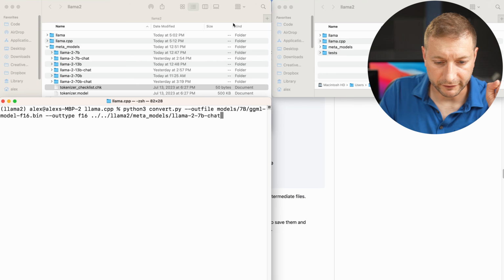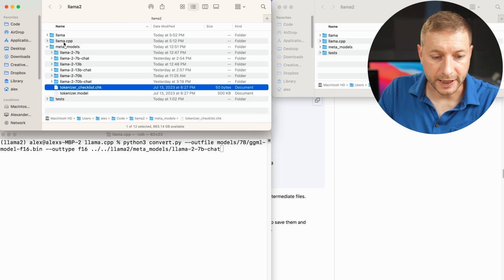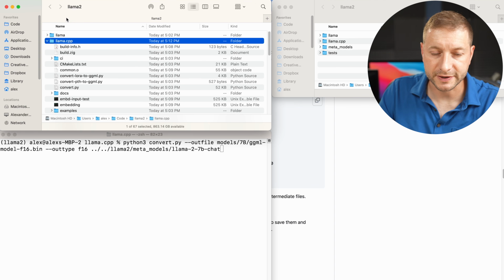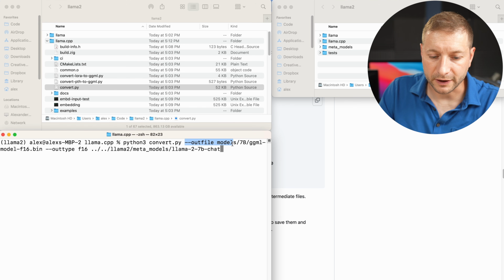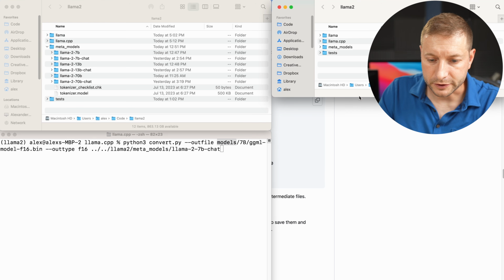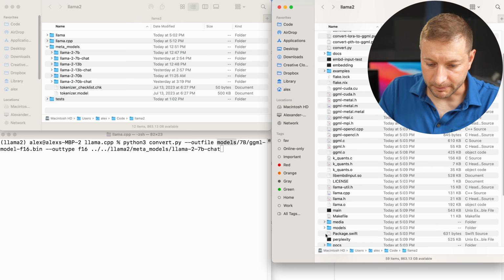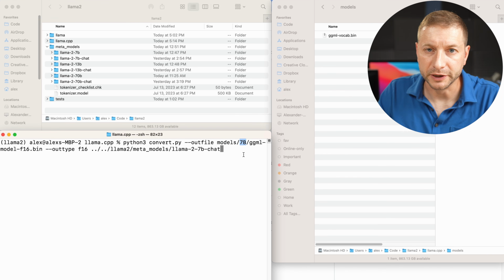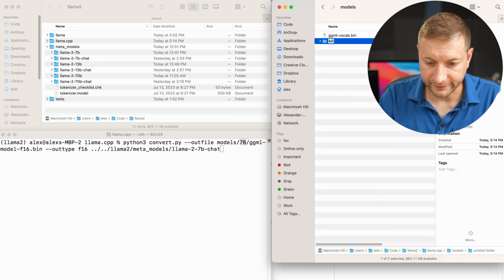I'm gonna open up my Finder here and we can take a look at where everything is. First of all, I'm inside my llama.cpp folder, right? Which is right here. Everything's inside my llama2 folder, including the llama.cpp. I'm running this convert script and I'm telling it that the output file should be in the models folder. Let's go on this side over here, give us more space. CPP, models. Well, there's nothing in that folder. We don't have a 7b directory in there, okay? So we need to create a new directory here called 7b.